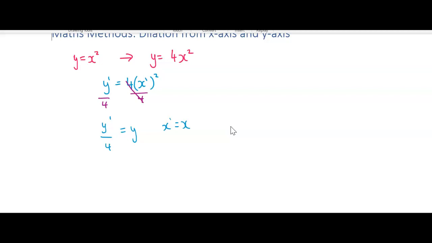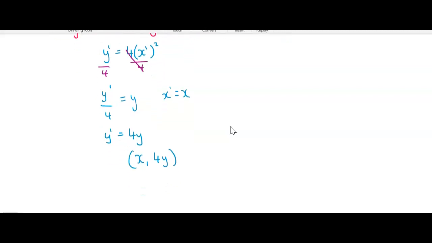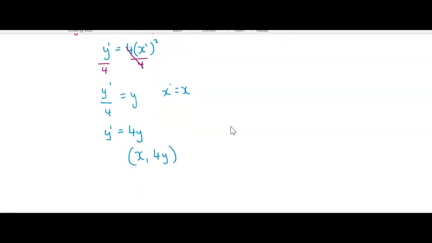So we just need to say, well, what is the image of y? It is equal to 4y. So the image of our original graph is (x, 4y). Right, so remember I said before it was a dilation of factor 4 from the x-axis. Dilated by a factor of,